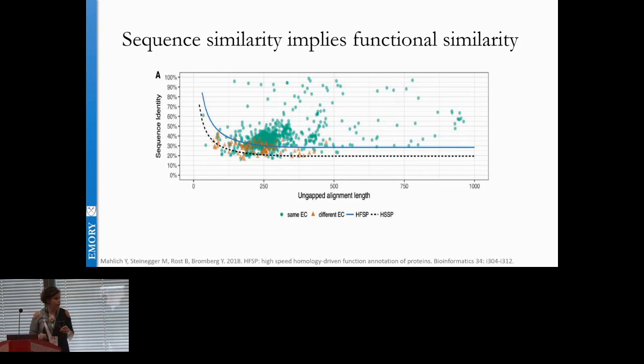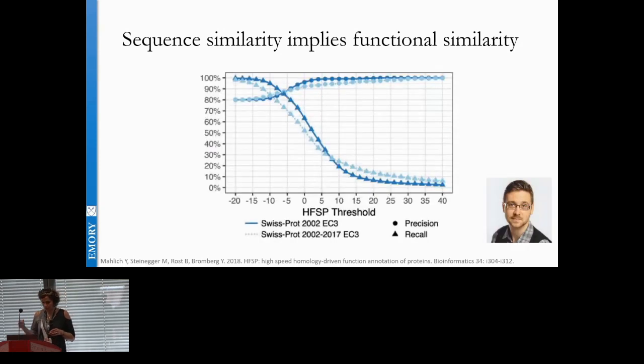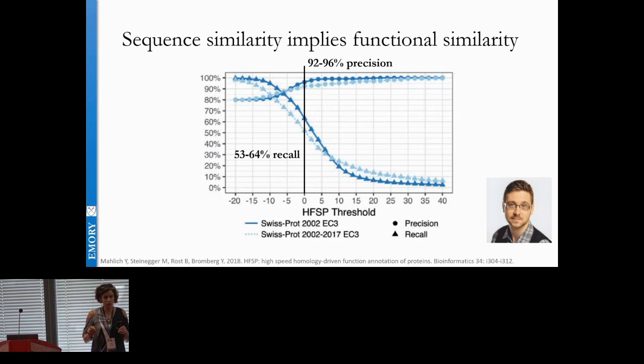The black line was the original HSSP line. So this is basically just a sort of re-optimization of HSSP into HFSP for using faster tools and better ways of addressing the existing data sets, right? So Yannick built that method, and if we ask how well this method performs, we see that at this zero cutoff, we have 92% precision, more or less, depending on which date of the data set you have in your hands, and about 53 to 64% recall, right? So we can identify functionality by homology for these proteins, for 50% of these proteins, more or less,